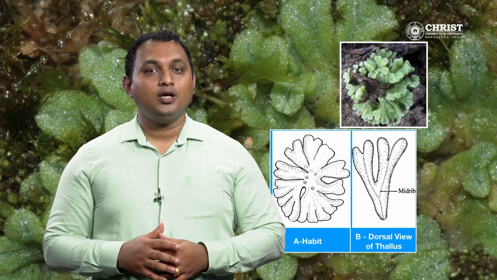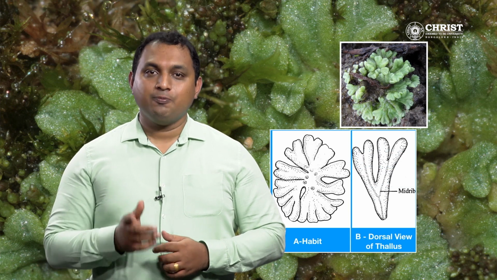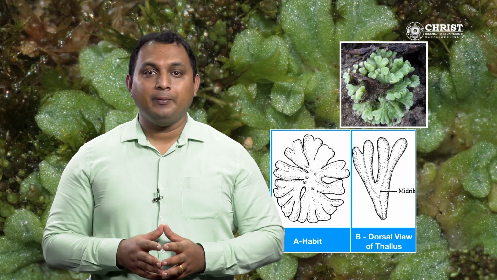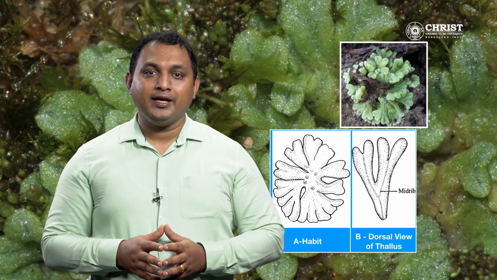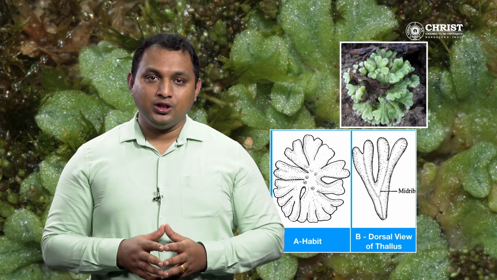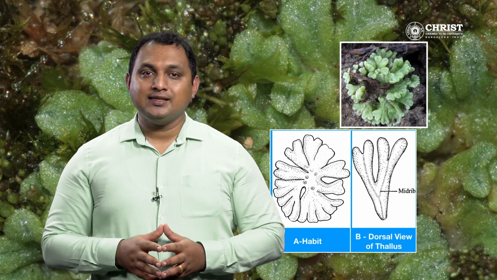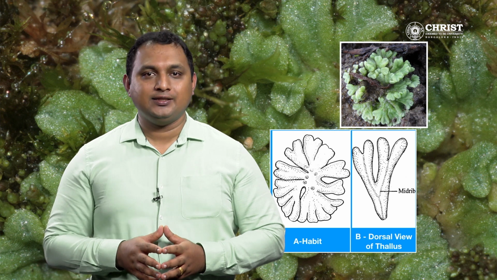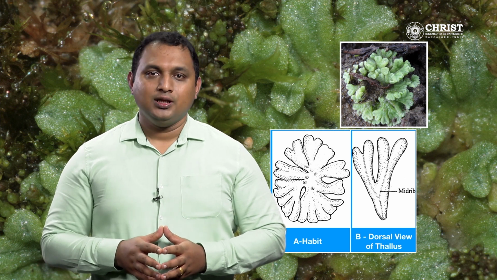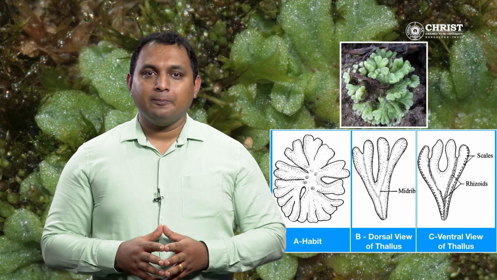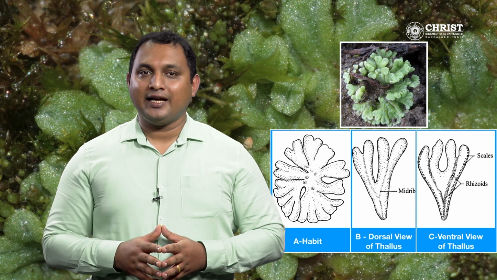As you can see here, plant body of Riccia is gametophytic and gametophytes are fleshy, prostrate and dichotomously branched. The dorsal surface is light green or dark green body, each branch having a thick midrib. It is traversed by a conspicuous median longitudinal groove and ends in a depression at the apical region, forming an apical notch. The ventral surface of thallus bears many scales and rhizoids.